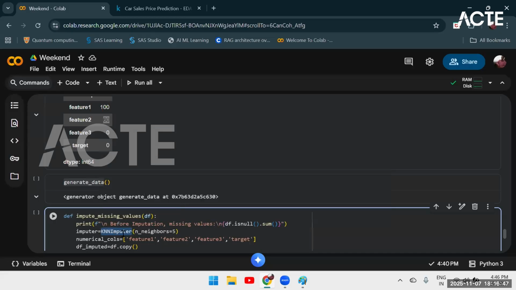Here you see I'm passing the number of neighbors I want to consider for replacing my missing values. So I'm saying take my 5 neighbors, the 5 closest data points to my missing value,